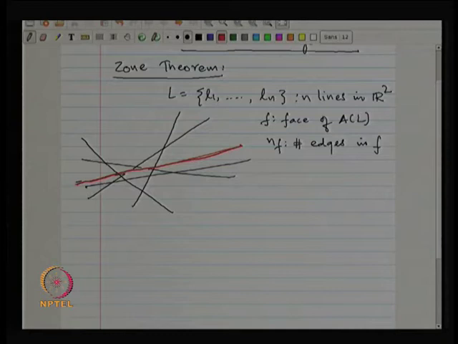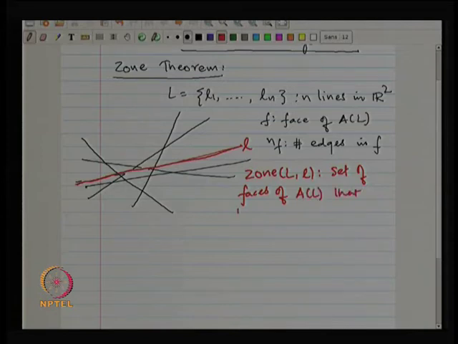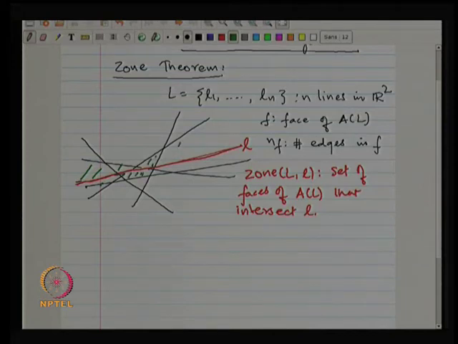the zone is a set of faces of the arrangement that intersect L. So, just to remind you, the zone of L is the set of faces that intersect L. In this picture, those dashed faces are the faces in the zone,